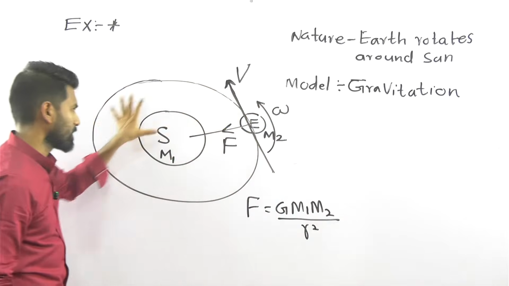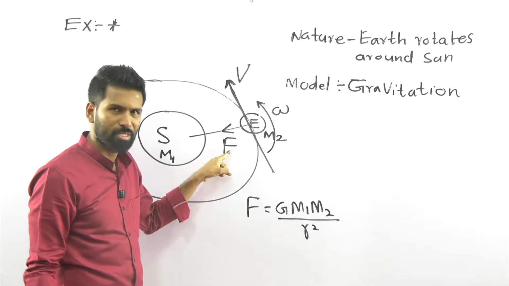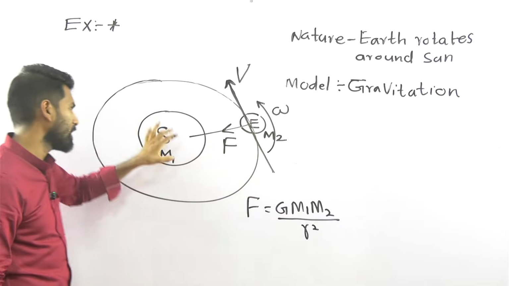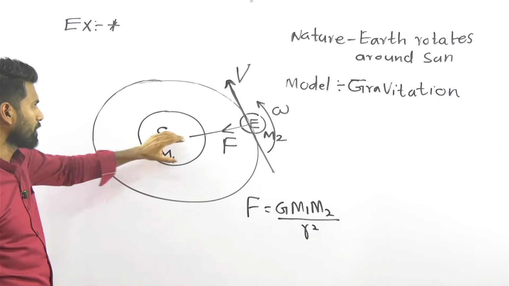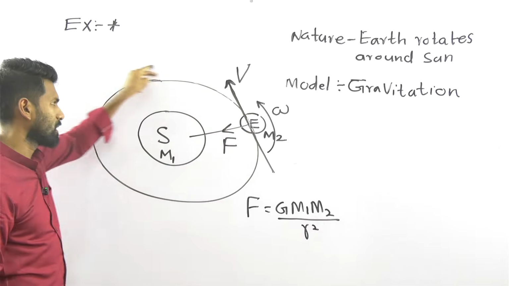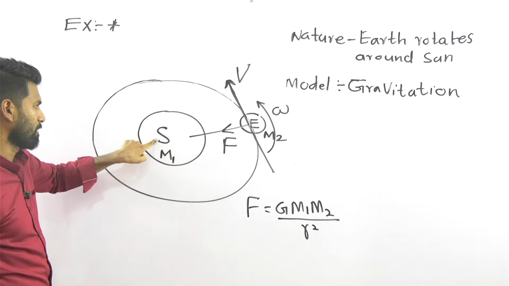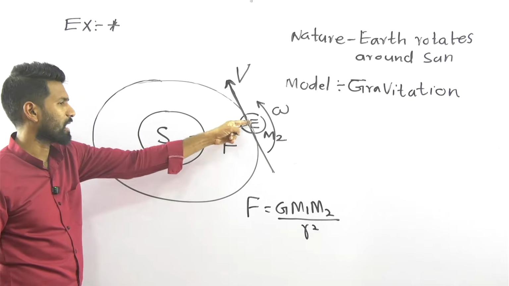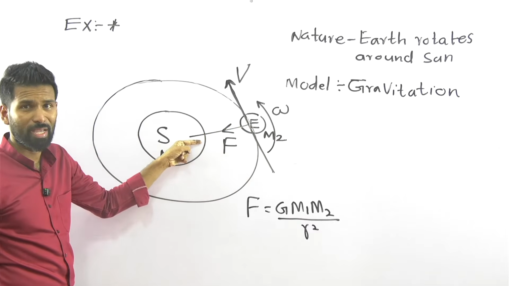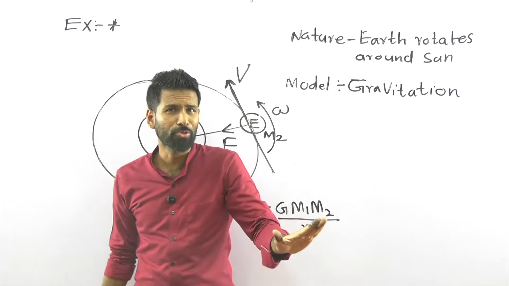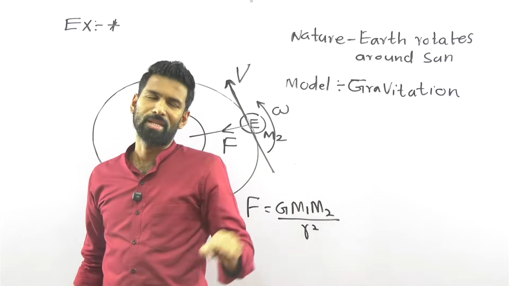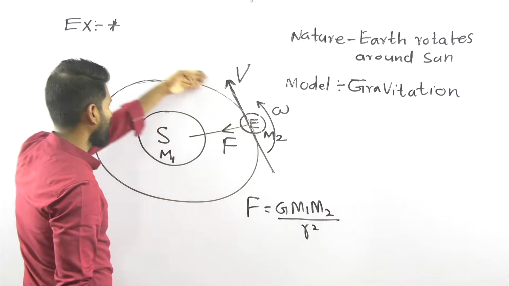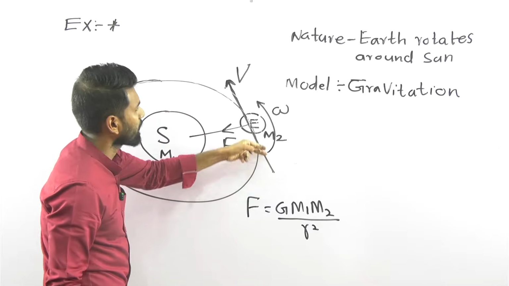Okay, can you draw this? I need you to draw this force, and symbolize these masses. To show you something, I need you to draw this thing fully. Now the earth is rotating around the sun. The mass of the sun is m1. The mass of the earth is m2. And there's a gravitational force F. Just write them. I don't need these exact things to be taught to you today. I'm just doing something nice. Okay, just write them, m1, m2, and when rotating around the sun, there's an angular velocity omega.